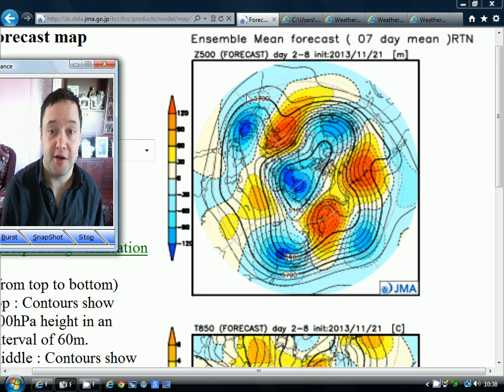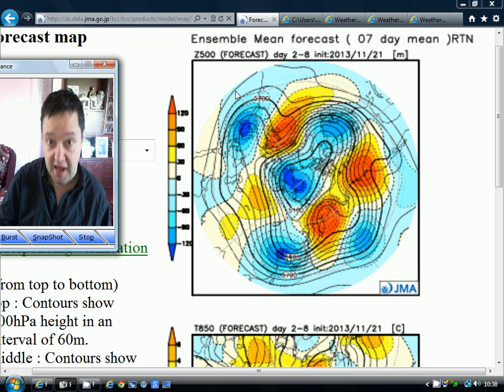We're doing the longer range look ahead today, as we do on every Friday. We've got the update from the JMA model, and we'll have a look at one or two other models as well. Looking into December today, going well on now in towards the winter. So yeah, we're going to have a look at what may be occurring or what may be around the corner